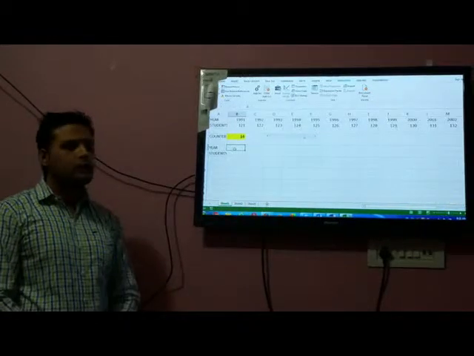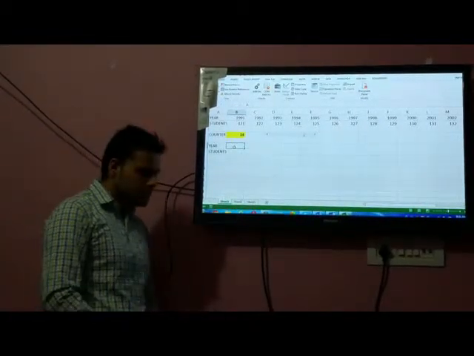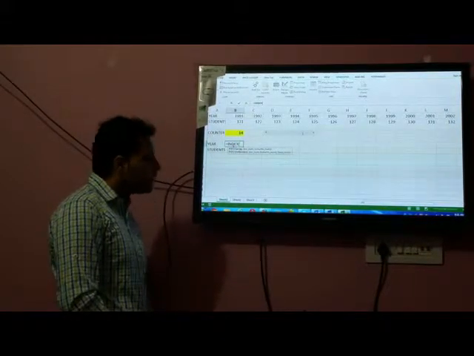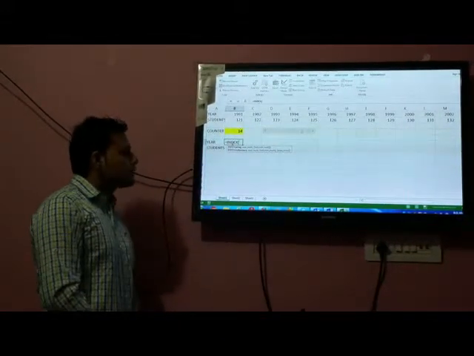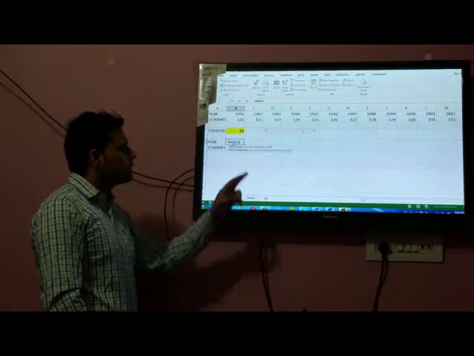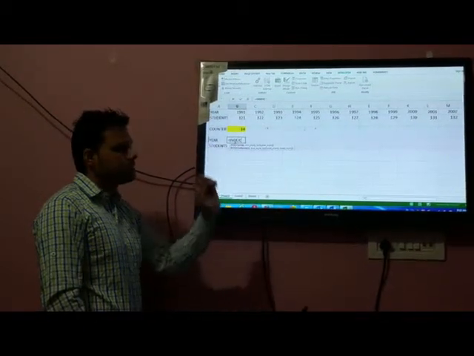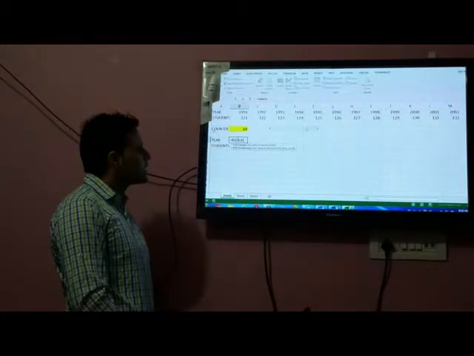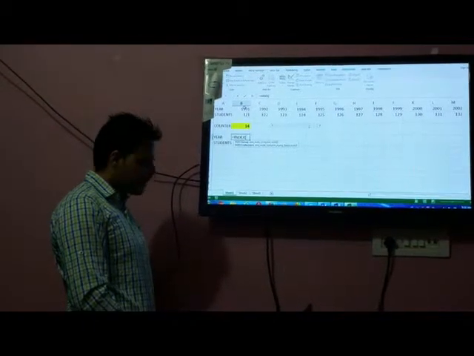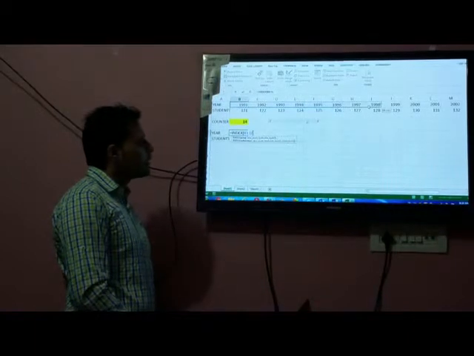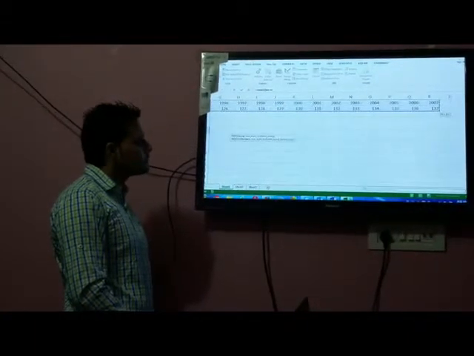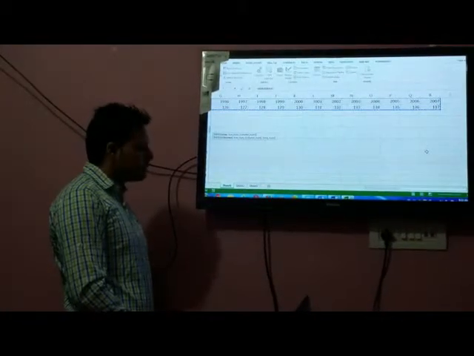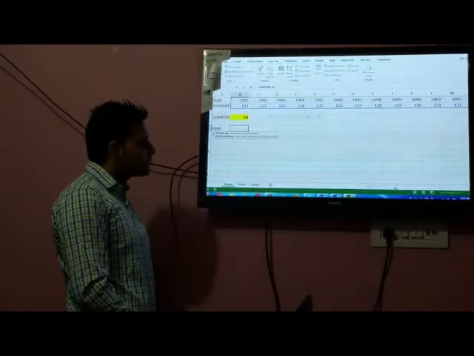First of all, we are looking for a year. We want to link the years, so let's use the INDEX function. If you write INDEX, it will display three things. The first thing is array. Array means the record which you have taken in your Excel sheet. So first of all give the array selection. This is my array selection from 1991 up to 2007, including all the passed out students. This is my array record we have here. Second thing, what is the next thing demanded?